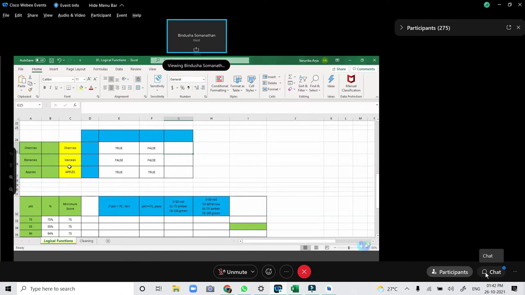In that situation, we use the formula called EXACT. This is a bonus, right? EXACT will help you get an exact match. The return value here will be true only if it is an exact match in terms of case also.